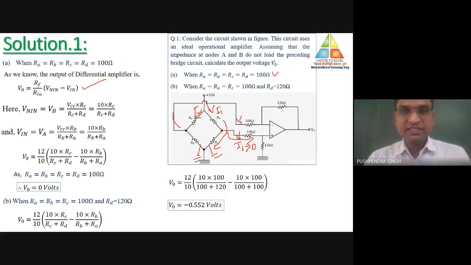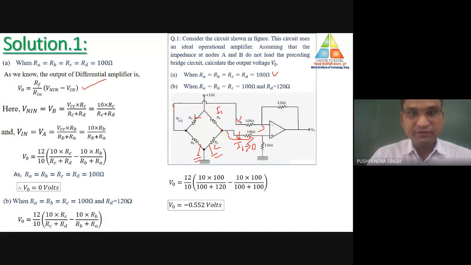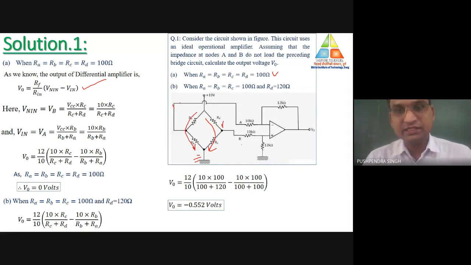Similarly here, this is the input terminal of operational amplifier. Due to that, the value of current II will also be equal to 0 over here. That means the same current will flow in this direction. So all the current which is generated with the help of the 10 volt voltage source will flow in this path only, and that path current will flow in this path only. So what is here? The value is VB. Here the value of voltage is VA.